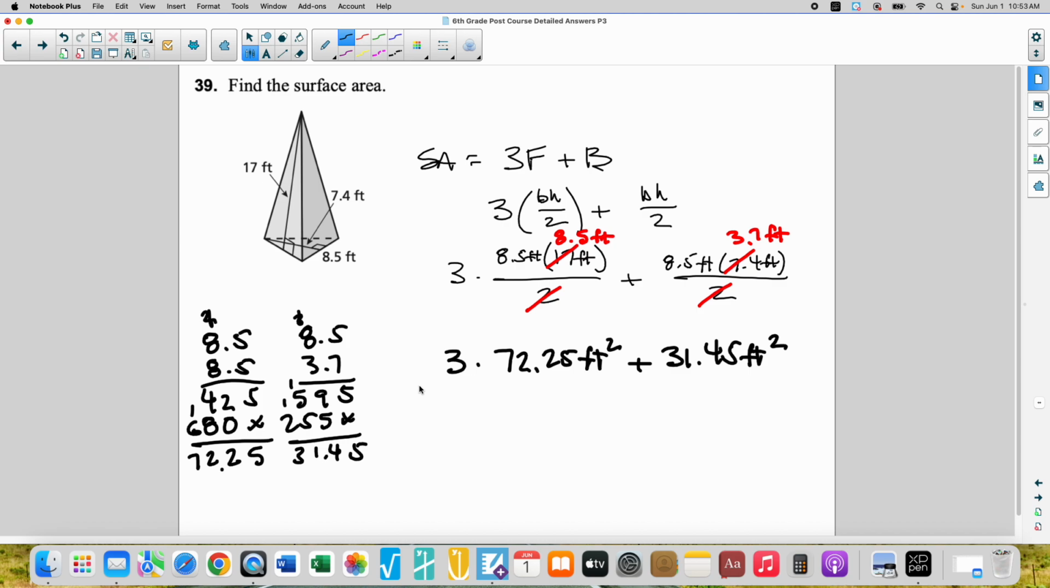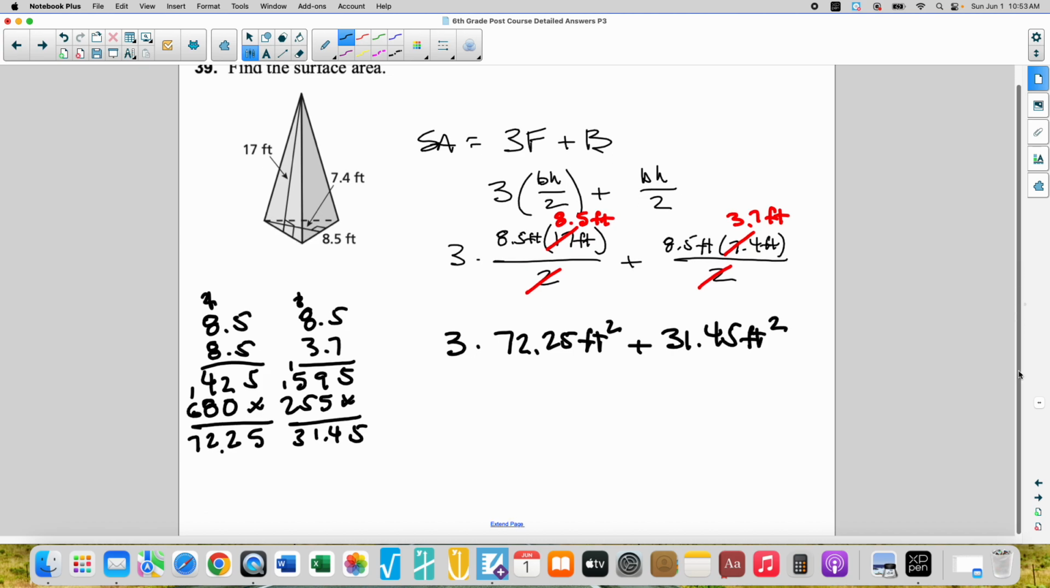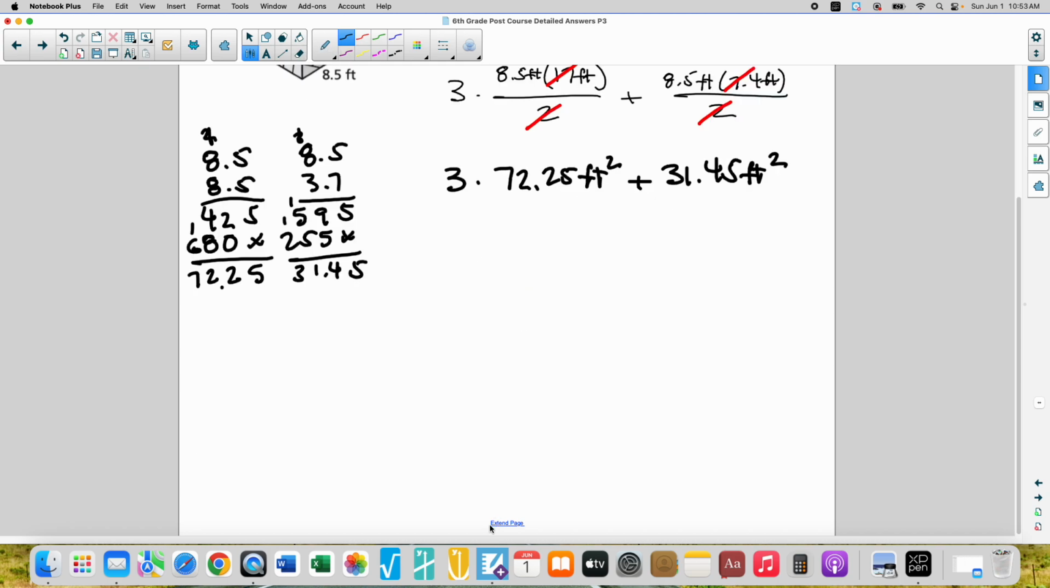squared. We have to multiply 72.25 times 3, because we have 3 of those. That's just the area of one of the faces. That's a lot. That's a big one. Well, it is 17 feet. So let's do that. 72.25 times 3 is 15, is 7, is 6, is 21. 2 decimal places, so that's 216.75 feet squared still, plus